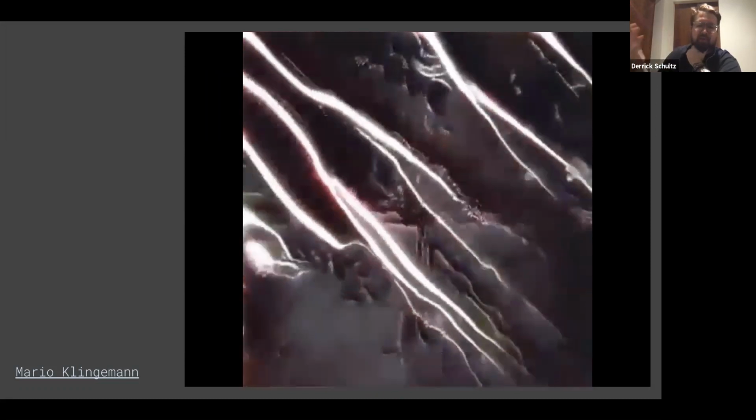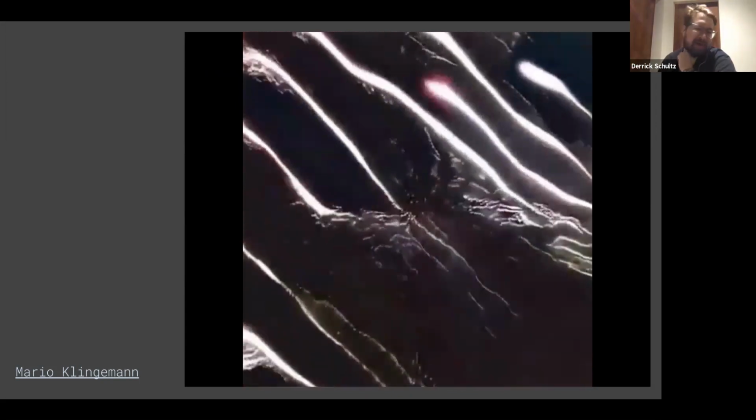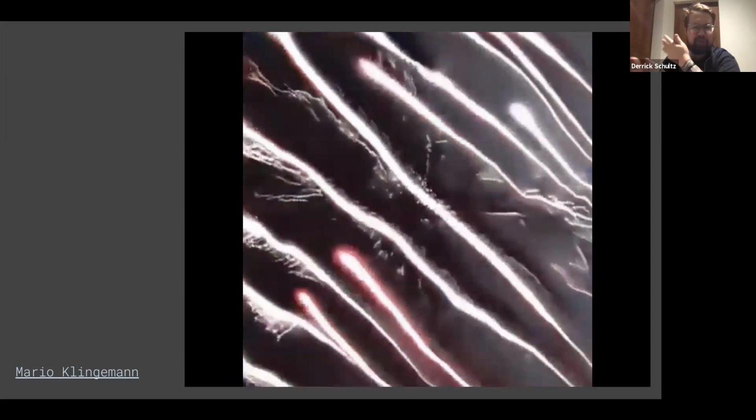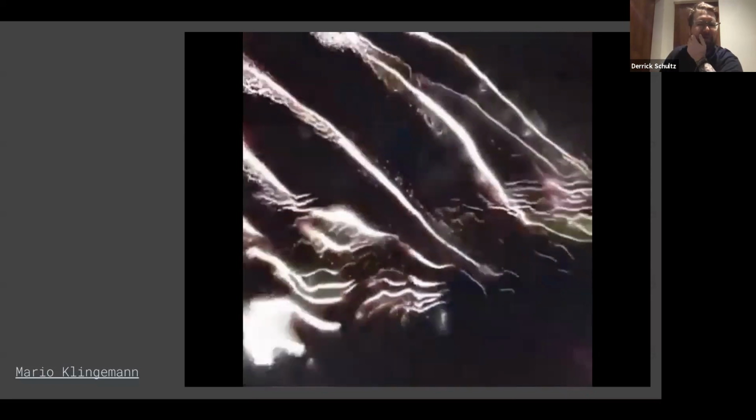So this is obviously trained on fireworks, but what I think is interesting is it kind of understands fireworks. It understands that they explode from a point, but it doesn't understand the actual physics of it, right? So again, here we're sort of exploiting the dumbness of these machines to produce really interesting and kind of thought-provoking work about maybe the science of these things.